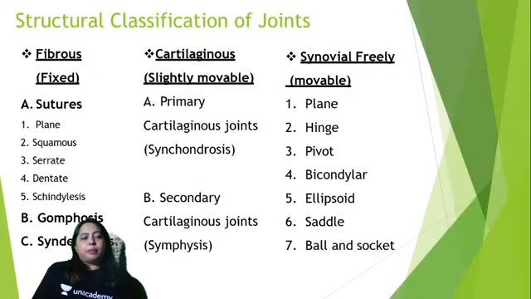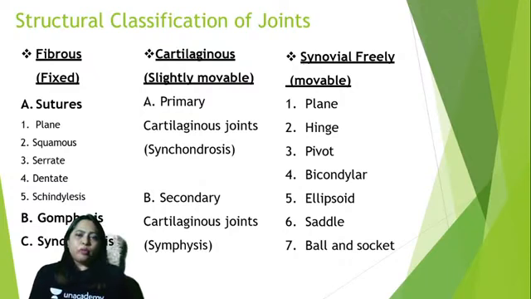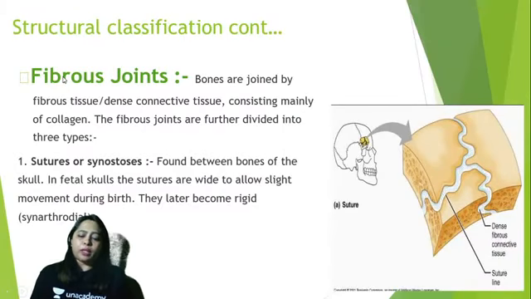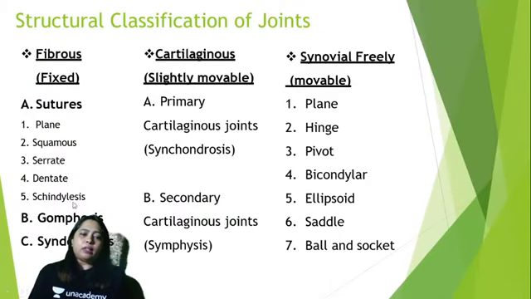Next, you see one more type that is called the gomphosis. The name itself doesn't give you any hint. The gomphosis is between the socket and the tooth itself. The tooth sits inside the socket and it forms the joint. And you know that it is not supposed to move. A tooth is not supposed to move in its socket. So this comes under the category of fixed type of joint. You can see that the gomphosis also is listed under fixed type of joints.